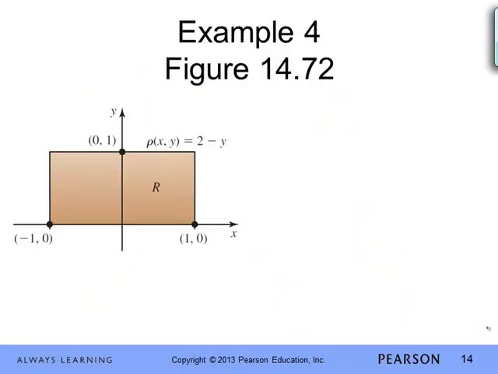Take a look at example 4. Now, example 4, find the center of mass of the rectangular plate where x goes between -1 and +1, y goes from 0 to 1, has a density 2 minus y. There's the density there. Like I said, a lot of these problems, you could take advantage of symmetry to at least cut down on your calculations. So if it has a density being equal to 2 minus y,